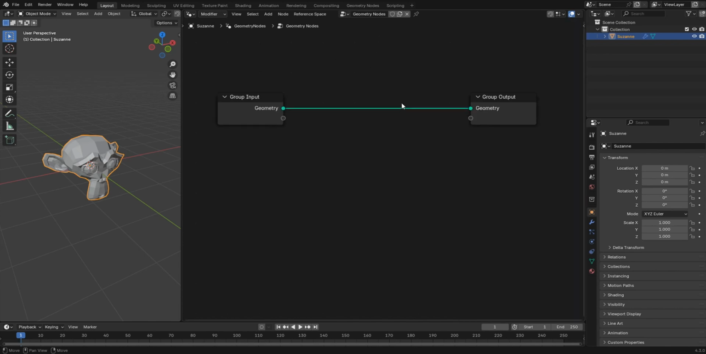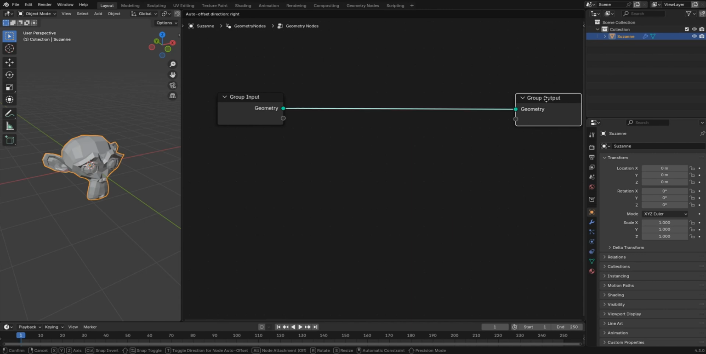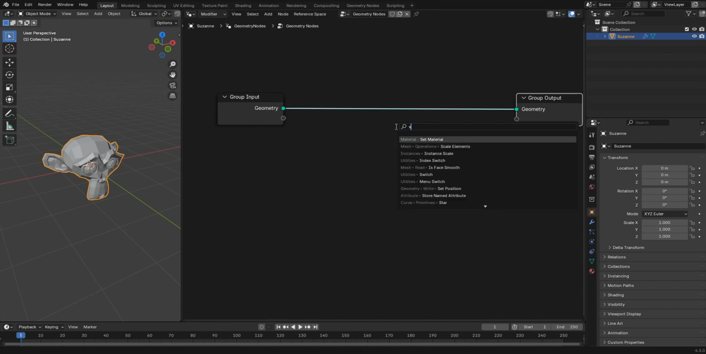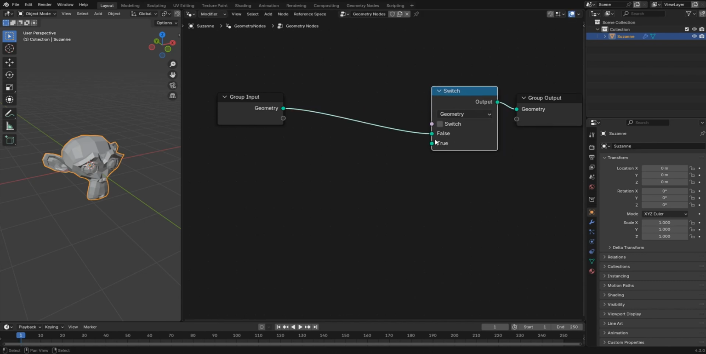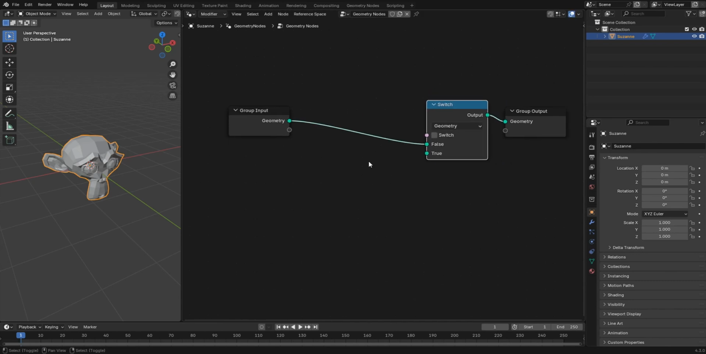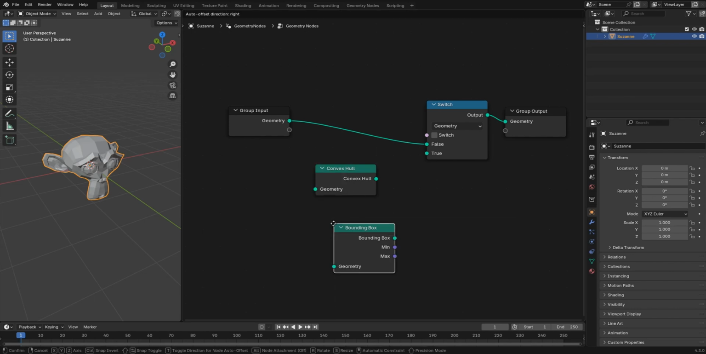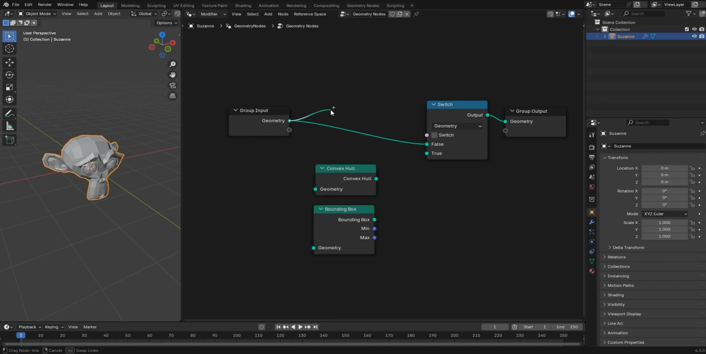So just click New. And what we're going to do is go ahead and drop in a switch node. And this is going to allow us to switch geometry. And then we can go ahead and put in a convex hull. And if you prefer, you can drop in the bounding box as well. We'll do both. Grab the original geometry, let's tag that in, and let's then tag this into the true on